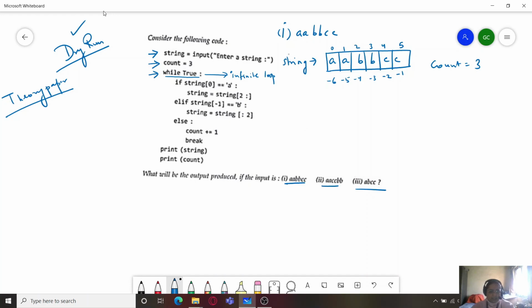There is only one exit point, because the loop is otherwise closed due to the presence of an infinite loop. Only when this condition arises will the exit point be executed and the loop terminate. So inside the loop we have a cascading if else ladder, as you can see over here.